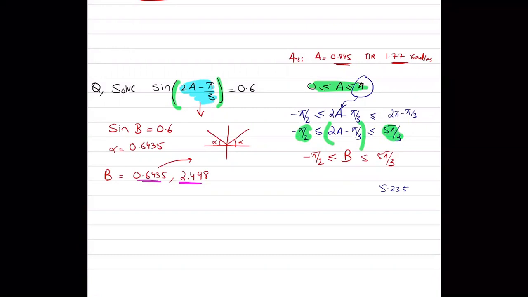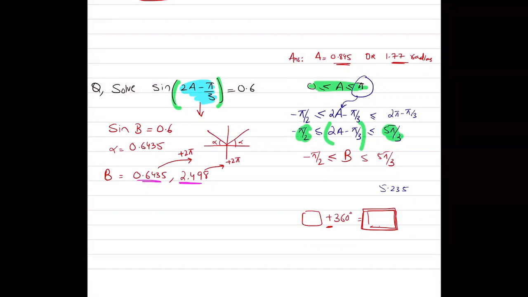Sir, can you say the last part again? Do you remember that when we have angles in degrees, if we add 360 to an angle, we are going to get a new angle that will have the same trigonometric ratio, because after every 360 degrees the cycle is going to repeat itself. So adding 360 or subtracting 360 gives you an angle with the same trigonometric ratio. So if we have the angles in radians, if we add 2 pi or subtract 2 pi, we are going to get the same trigonometric ratio.